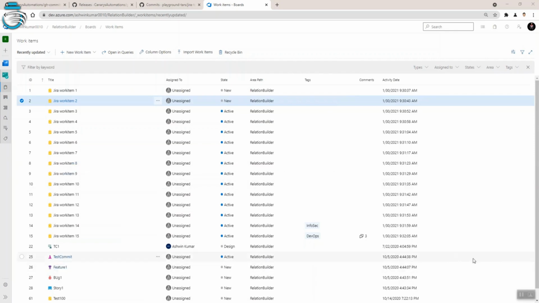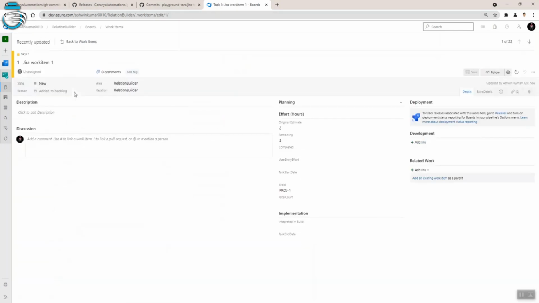Once I complete the execution run of my tool, I can always come back here and look at the work items to see if the association has really happened. As you can see here, earlier when I showed this work item form, I did not see any development commits associated with it.